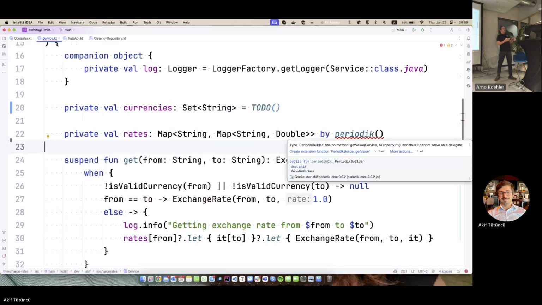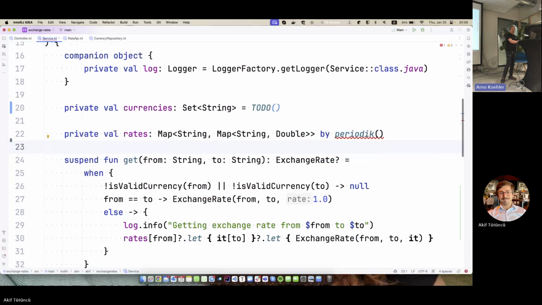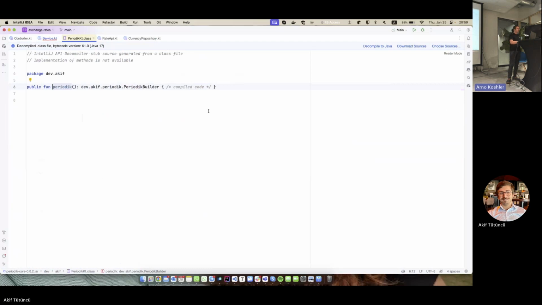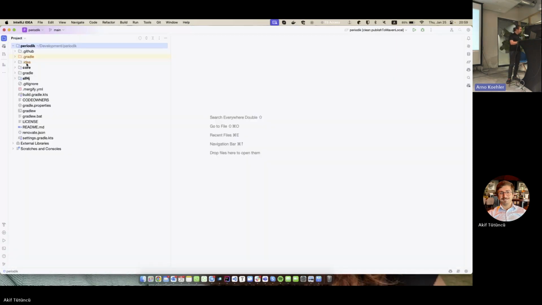See? Because this is a val, when I am trying to delegate to an object, Kotlin expects that object to have that get value method that the read-only property defines. But I don't have that here because, and this is what I wanted to come to,